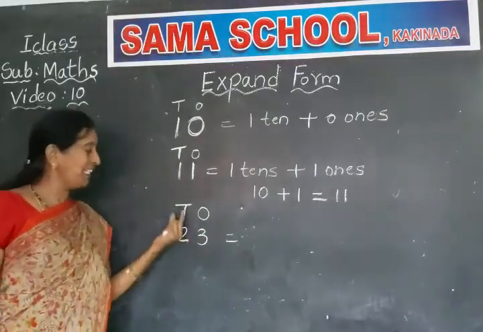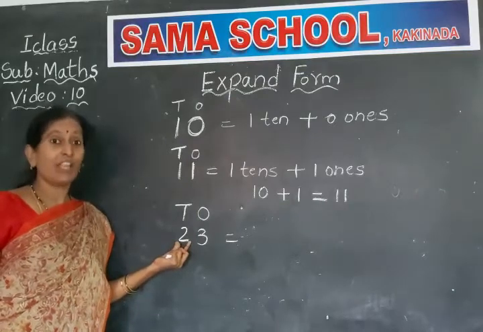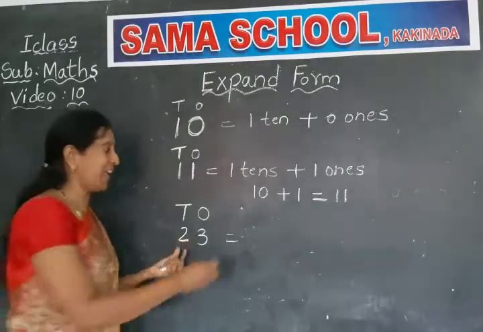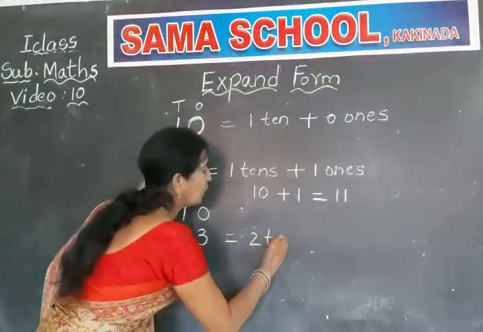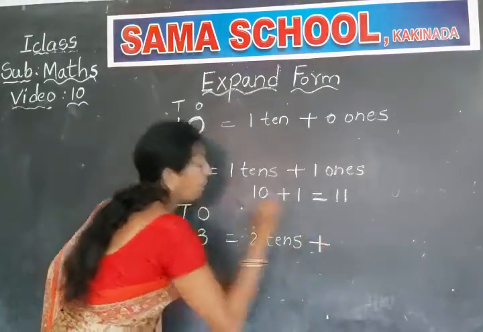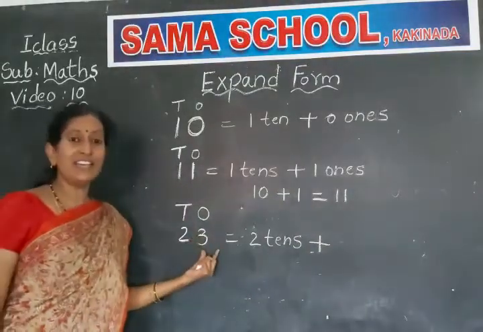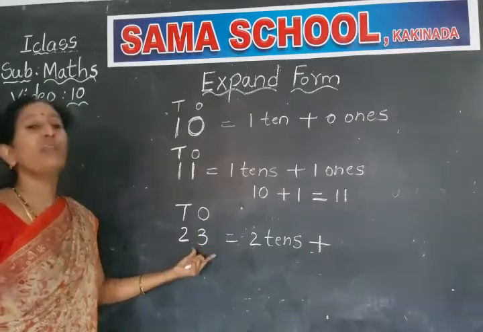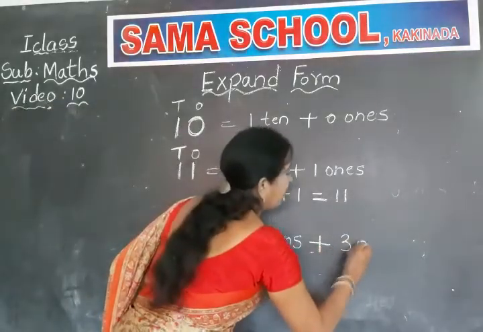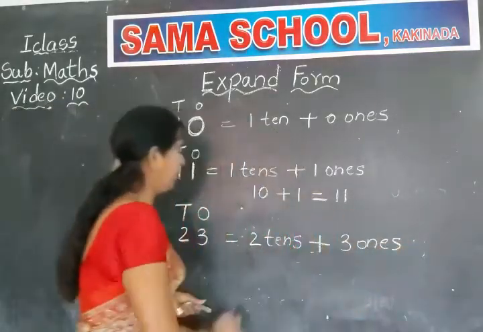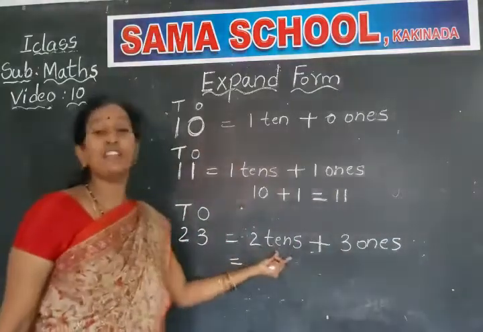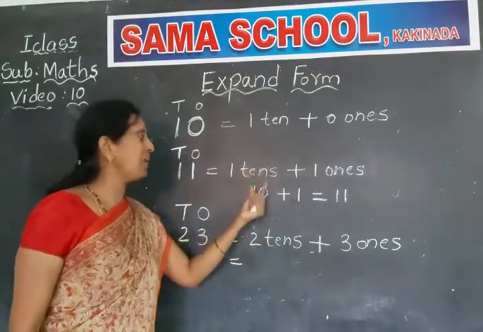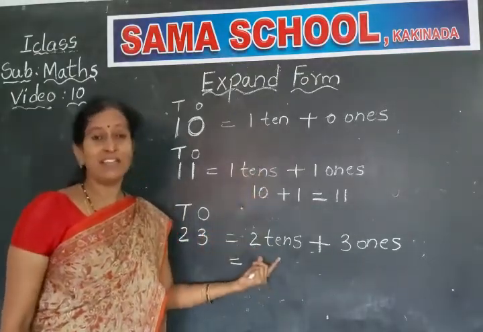Now see here. In tens place how many numbers here? 2 numbers. So in the tens place what is that? 2 tens. You write as 2 tens plus how many ones here? See that in ones place what is the number? 3. So 3 ones. Now say, 2 tens means how many tens? 2 tens means 20. Here 1 ten means 10. 2 tens means 20. No?